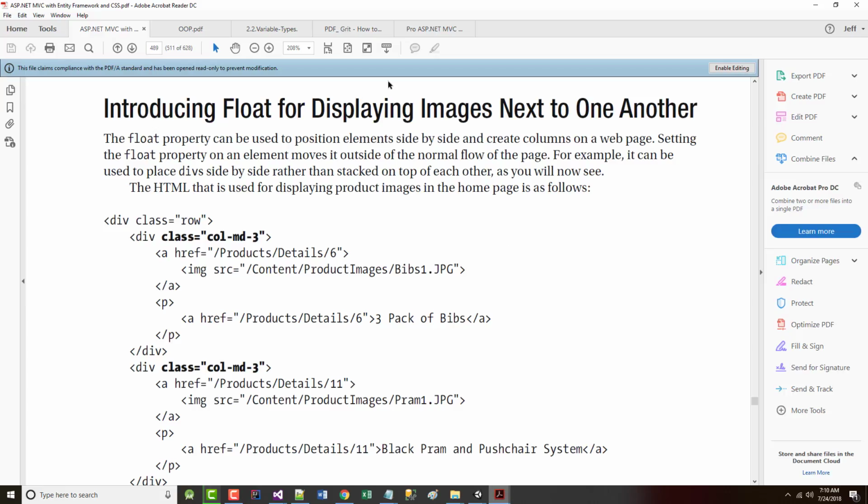So now they're talking about the float property. It says the float property can be used to position elements side by side on a web page. Setting float moves an element outside of its normal flow on a page. Many people who work with this find that using floats is amongst the hardest thing to work with in CSS, because floats can just be weird. Now, if you are one of those people,